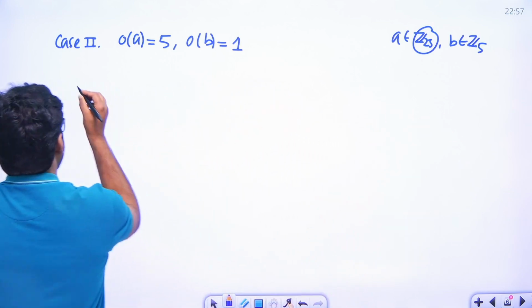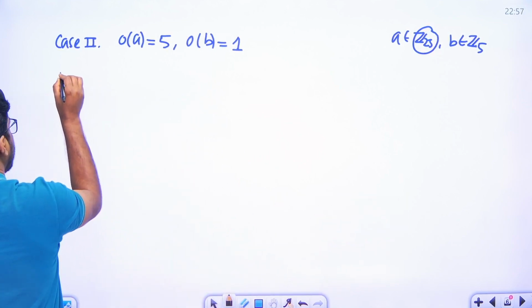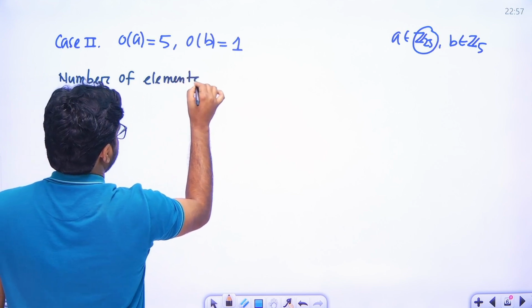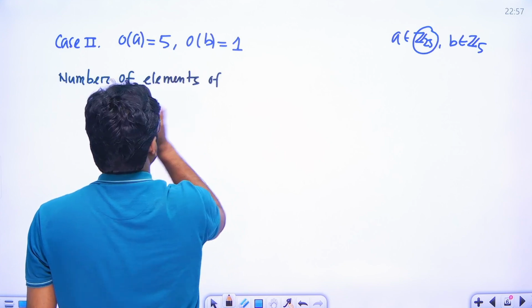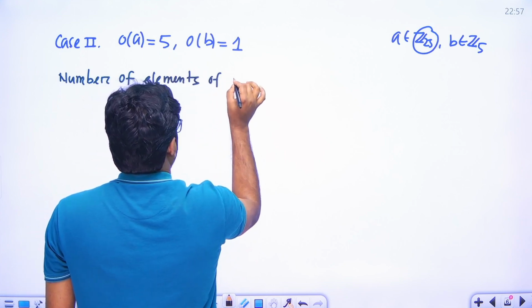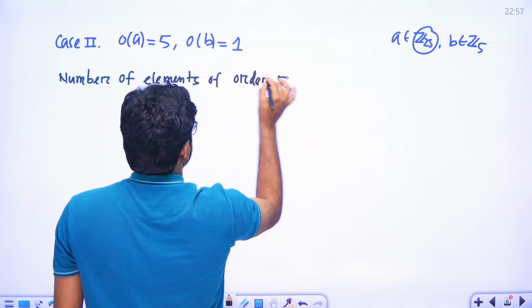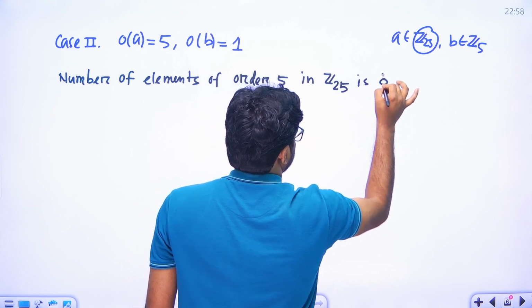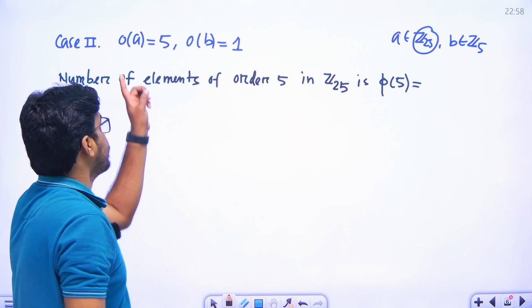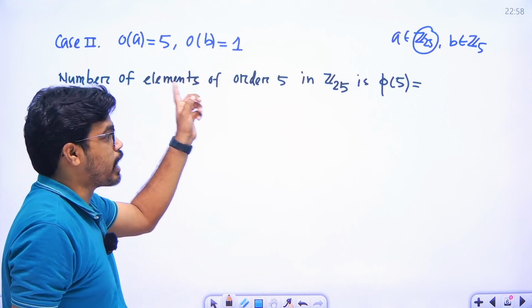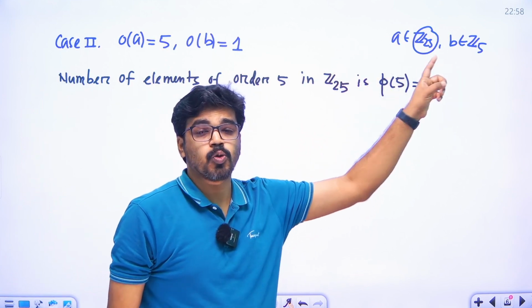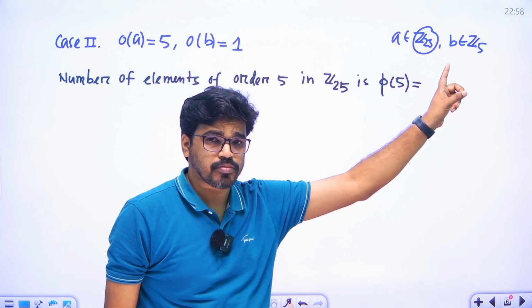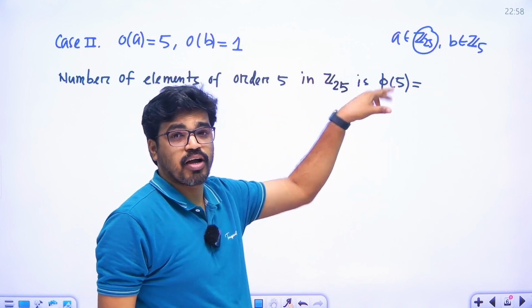Okay, so the number of elements of order 5 in the cyclic group Z25 is 5. The order of A is 5, so how many elements of order 5 will there be in Z25? Z25 is a cyclic group, what is its order? 25. 5 divides 25. So the number of elements of order 5 in Z25 is 5. If G